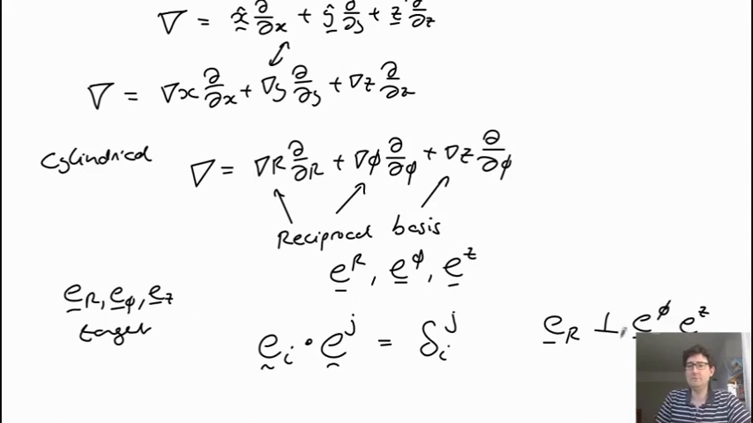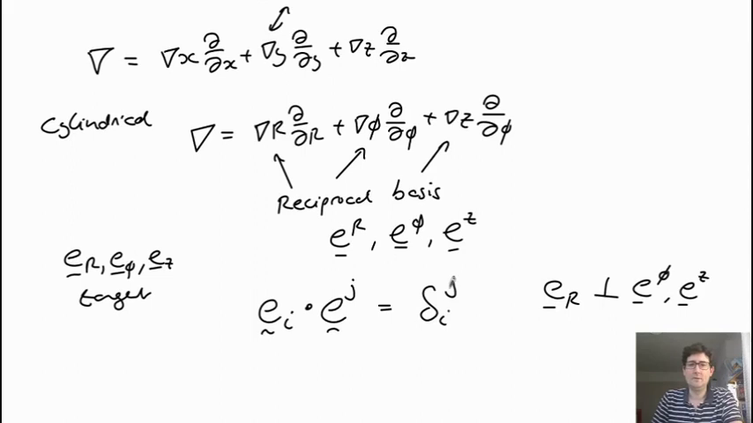As long as we're careful about whether these indices are down or up. So that's the one thing to be careful about with these coordinate systems. Okay, this is very useful because then you can calculate what the components of vectors are by taking dot products